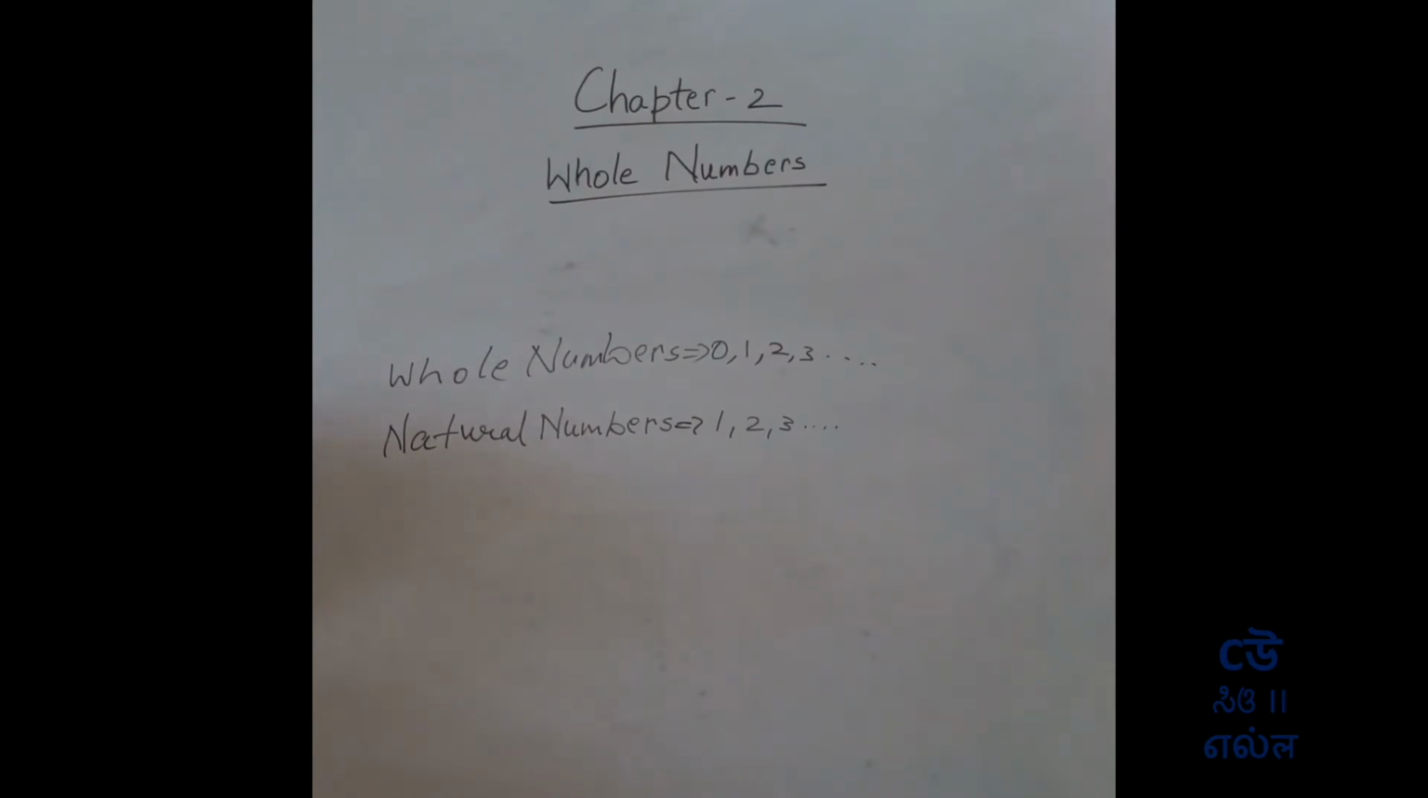So children, as we saw in the previous example, number 1 has no predecessor in natural numbers, right? So to the collection of natural numbers, if we add 0, we'll get the whole numbers, right? Here we don't have 0. If we add 0 to the natural numbers, we'll get the whole numbers, right? So